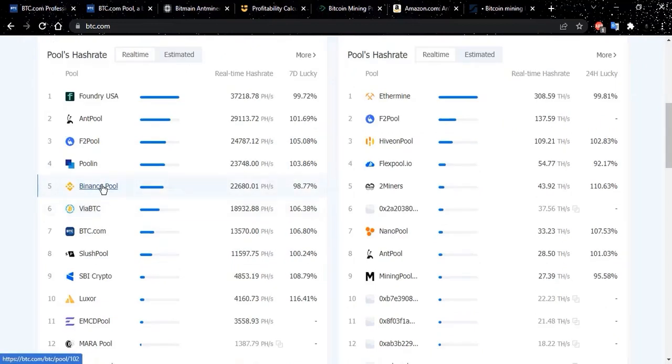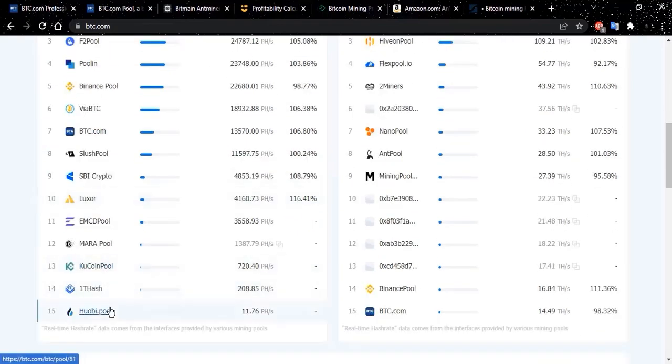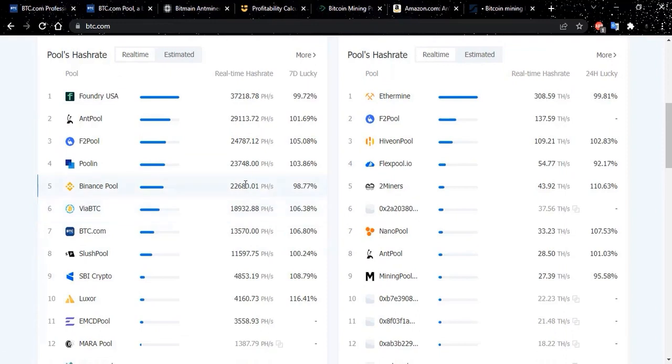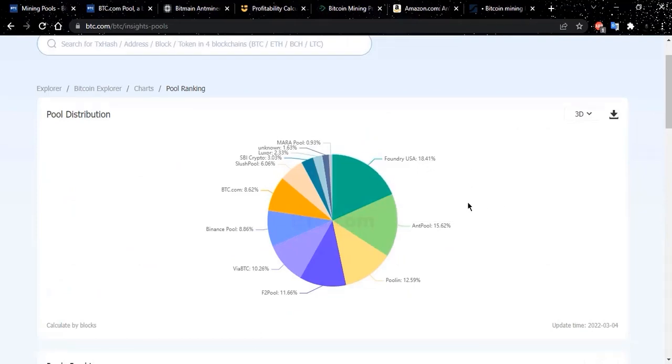Okay, now we are going down, we see the pools' hash rate, and you will see some huge exchanges in the world which we use and benefit from. We have Binance pool, Kucoin pool, Huobi pool, and as you see, we have the hash rate of each pool. The biggest one is Foundry USA, and this is another graphic showing what percent is shared by pools. Foundry USA is the top one, Ant pool is number 2, number 3 is another pool, F2 pool is number 4, and it goes like this. I will share the website with you, or you can easily type it in, btc.com.